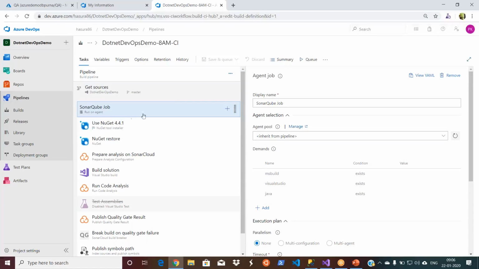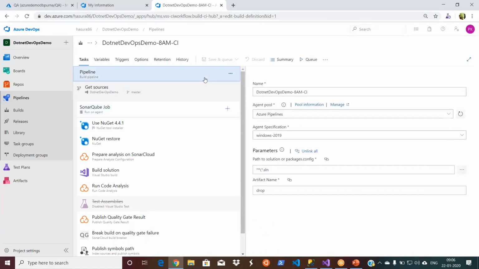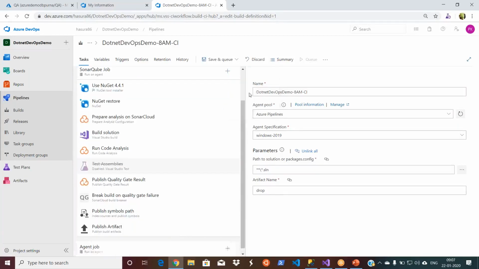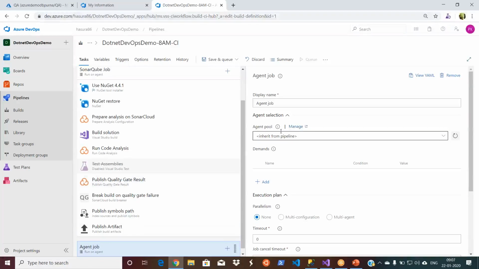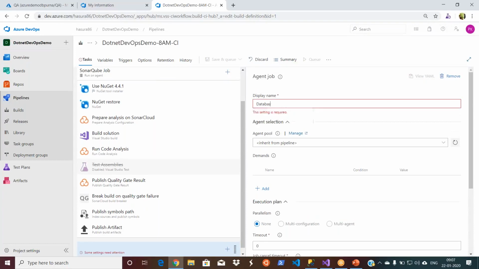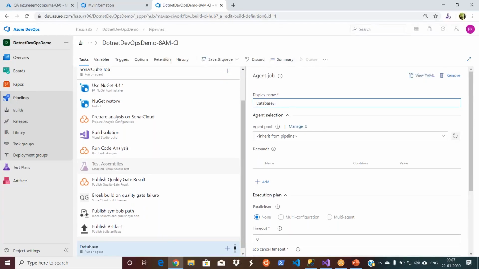For creating the task, you have to go to the job and click on the plus symbol. And for creating another job in the same pipeline, we have to go to your pipeline and select add an agent job. Okay. And then I'll name it database DevOps job.